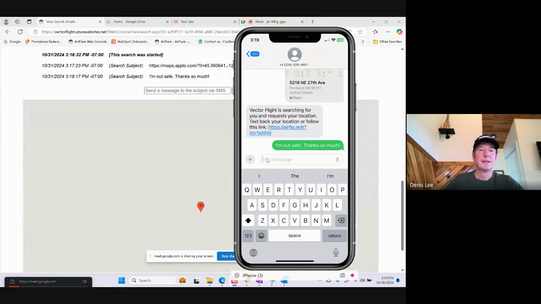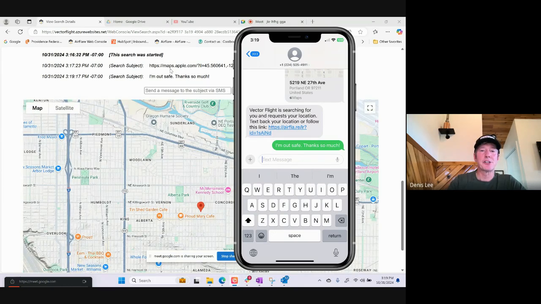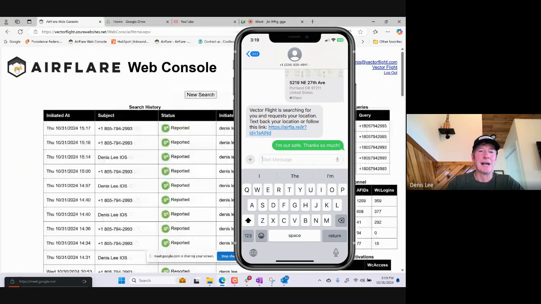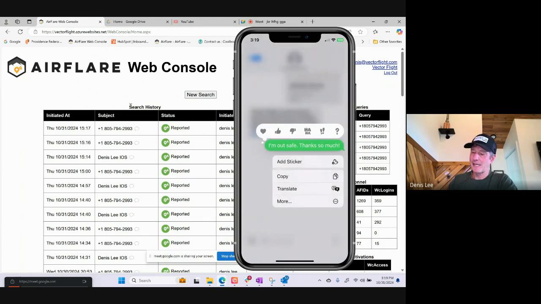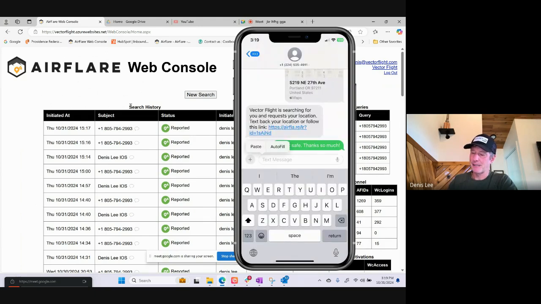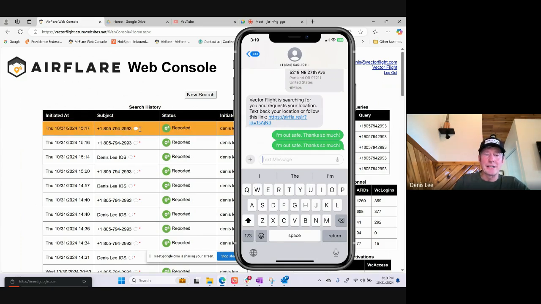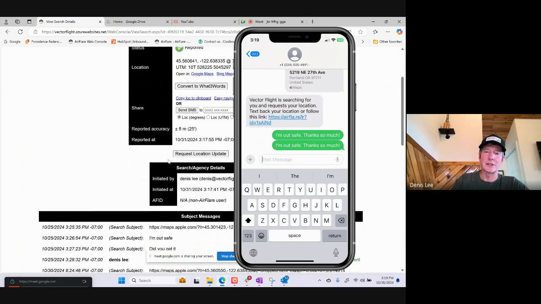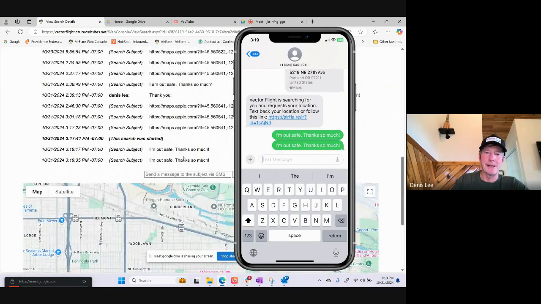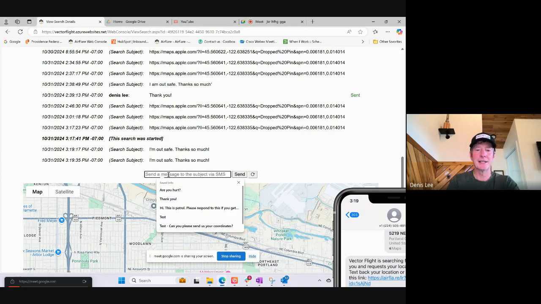Send. And meantime, the dispatch team will get I'm out safe. Thanks so much. I've already read this message, so actually let me do it again. If I'm on the home page, I'm just going to copy that. I'm going to send the same message twice, just so you can see what happens here. That little red icon, it means you got a new message. That's the indicator. You've got a new message inside of that search record. You can open that search record up. You can scroll down to the bottom of the I'm out safe. Thanks so much. And you as a patrol team can go ahead and